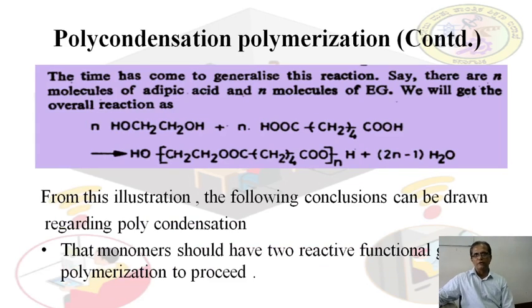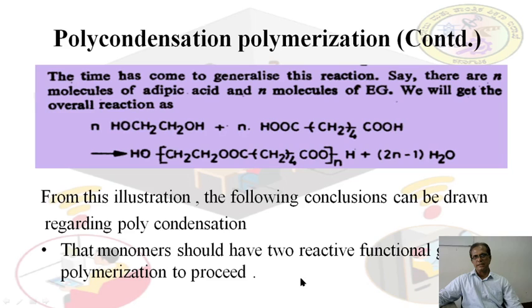In general, we can write that if n numbers of ethylene glycol molecules are made to react with n numbers of adipic acid molecules, we are going to get the reaction product with the higher molecular weight. As you could see here, more number of groupings have added up, and 2n minus 1 numbers of water is going to evolve. So from the above discussion,